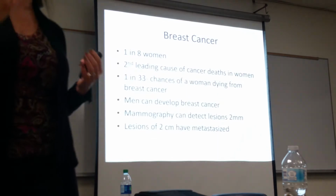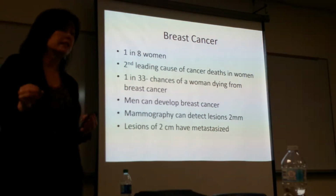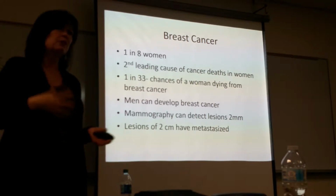In the research, I looked at what happens when a woman finds a tumor. Not to panic, a lot of tumors are not necessarily cancerous. Okay, so